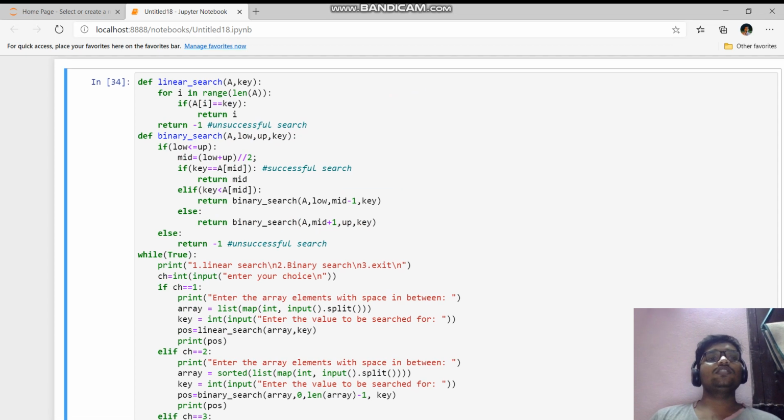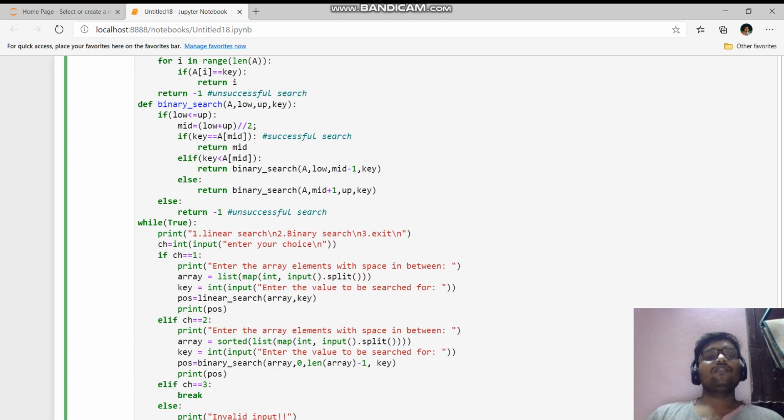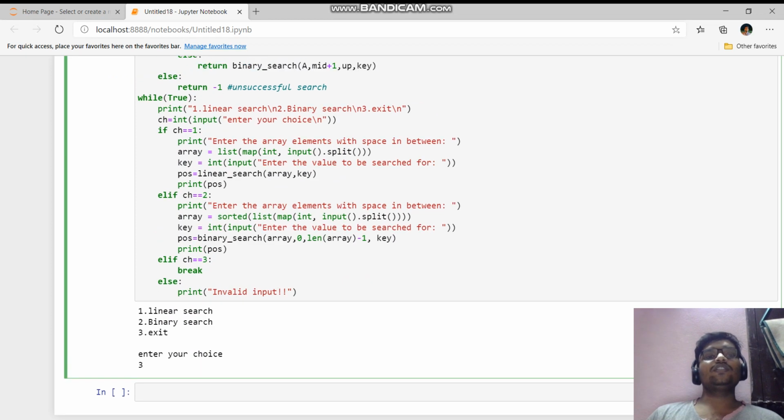This is the linear search algorithm function, which takes two inputs. The first one is the array and the second one is the key, that is the data that has to be searched in the array. So we'll start with the function call here. Linear search takes two inputs, that is the array and the key. We are prompting the user to enter the values for this array, and asking the user to enter the key that has to be searched in the array.